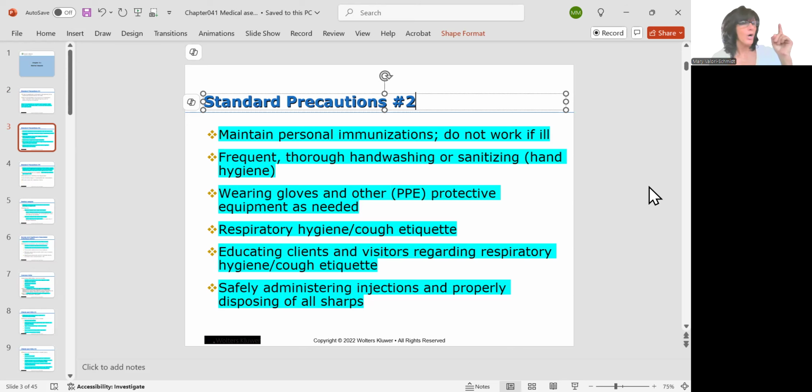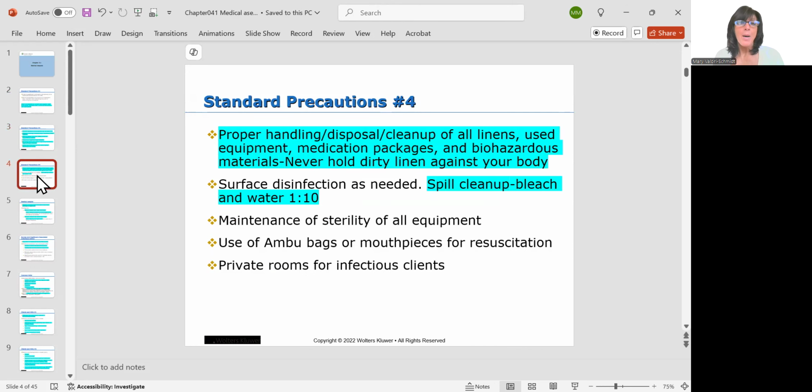Okay. And then teaching our clients and their visitors hygiene with regard to respiratory things, and always eliminating waste that is potentially a biohazard the right way. Okay. That's really, really important. When you're cleaning up any kind of biohazardous waste, and that's like blood, body fluids, you want to make sure that you're handling them properly. You change a bed. You want to make sure that you're not holding that laundry against your body, right? The dirty linen. You want to bag it in the room, knot it, and get it out.